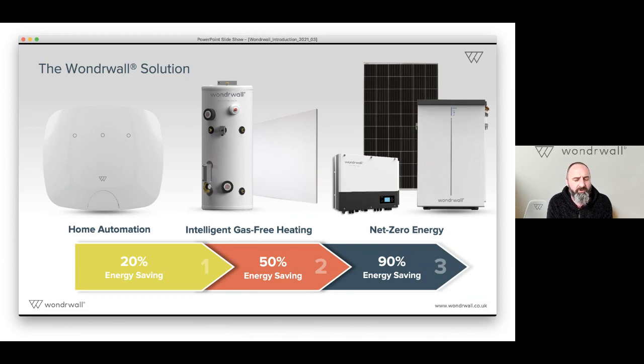The light switches can control traditional combi boilers. So those savings are achieved through typically switching off the combi boilers when there's nobody in. So if you've gone to work during the day, typically the heating is not on. If you choose to go out for a meal that evening, classically with the classic programmable thermostats, that house will heat up even though you're not planning to get home until 10, 11 o'clock at night. Wonderwall will detect where you are, detect that nobody's come home, and basically avoid heating that property until you get home. So we can achieve a reasonable level of energy savings just by adding the sensor information and controlling